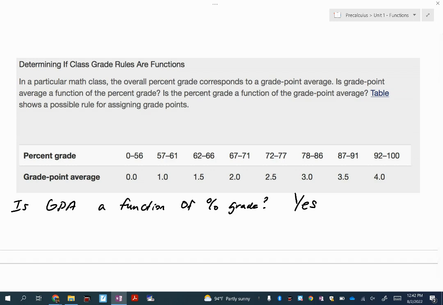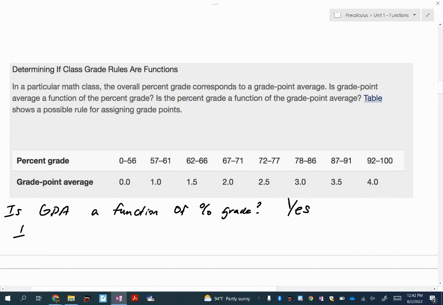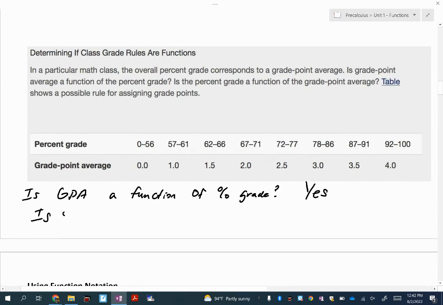All right, it's very clear that when I tell you my input of a percent grade, it's very easy to tell me my grade points that I earned. All right, let's go the other way. Let's flip it. Is percent grade a function